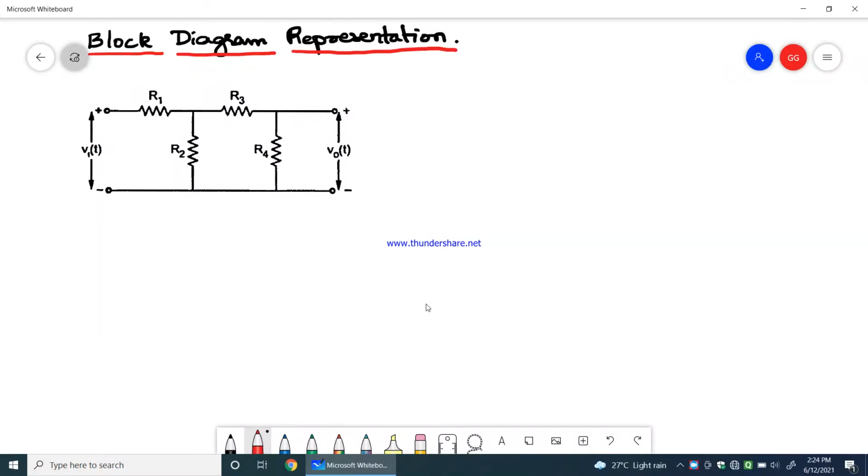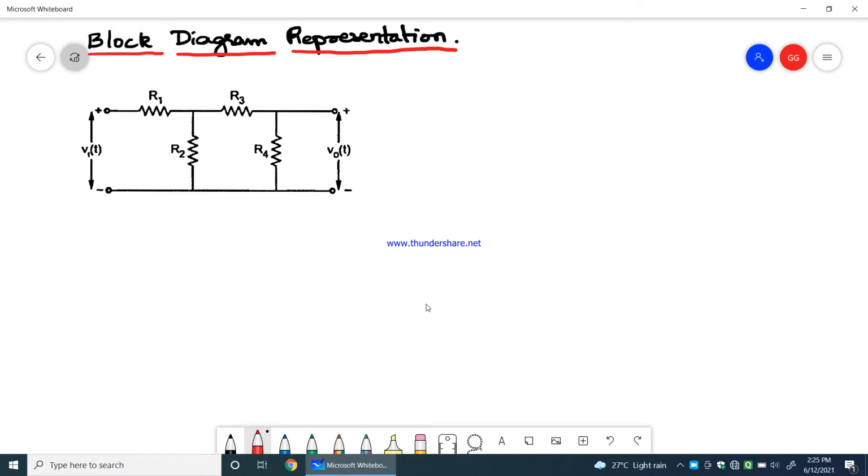We will see how to write the block diagram for any given electrical network. Normally what we do is take the mechanical system, write the mechanical network, then write the mechanical equations, then find the analogous electrical equations for those mechanical equations, and finally write the electrical network based on the electrical equations.